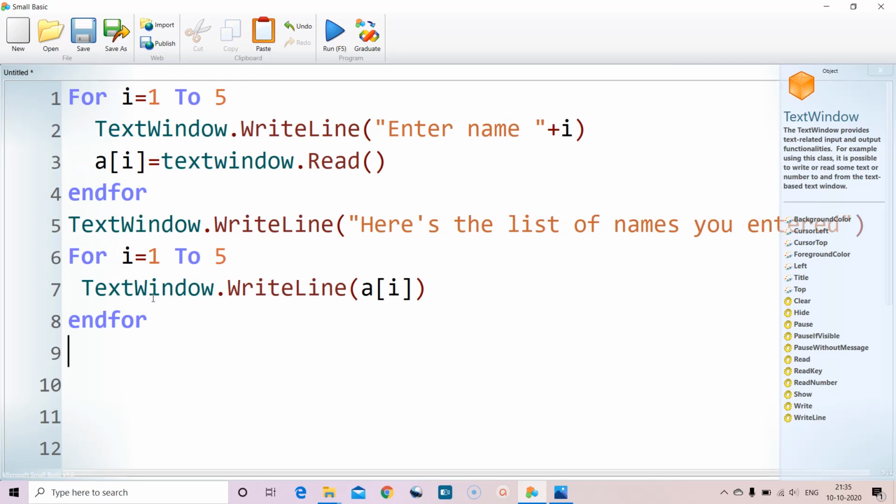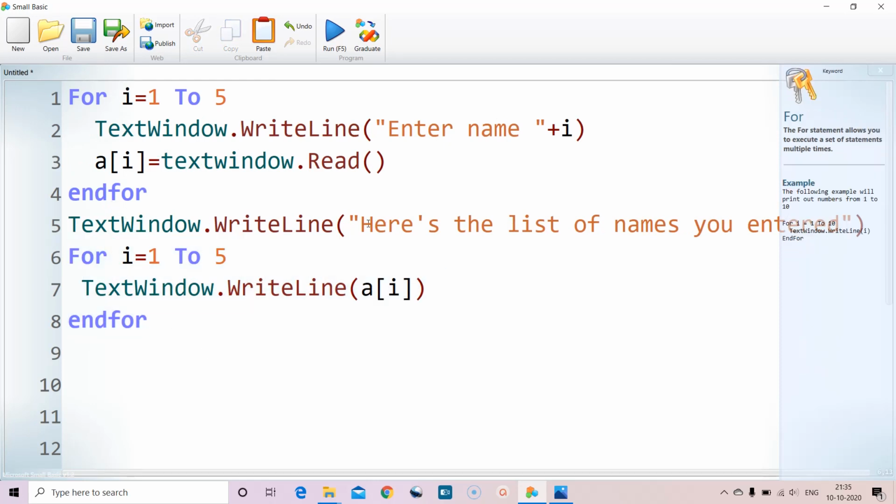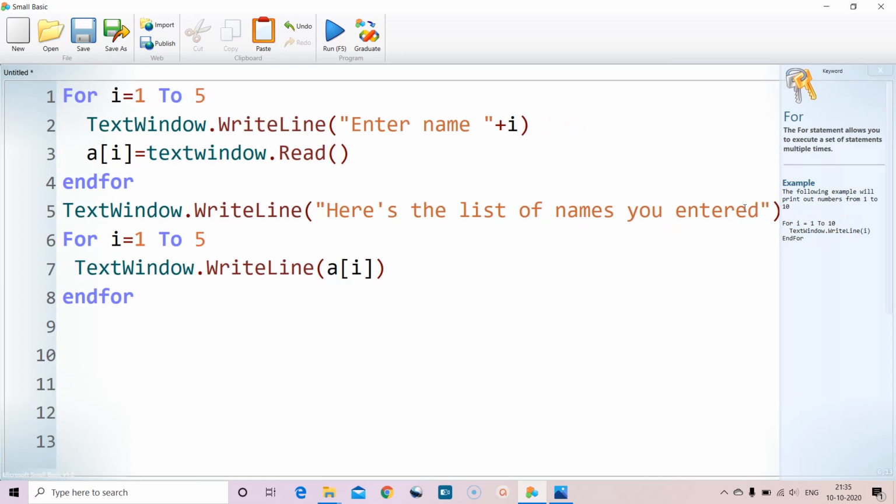So before printing all the 5 names, it says here is the list of 5 names you entered. Then it prints all the 5 names because this loop runs 5 times. Each time it prints one name, so that way it prints 5 names.